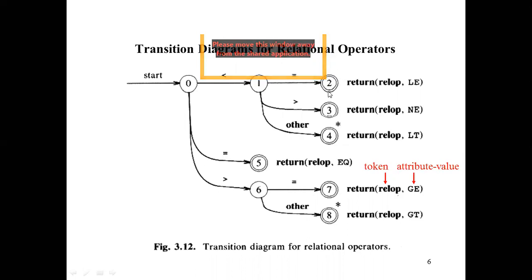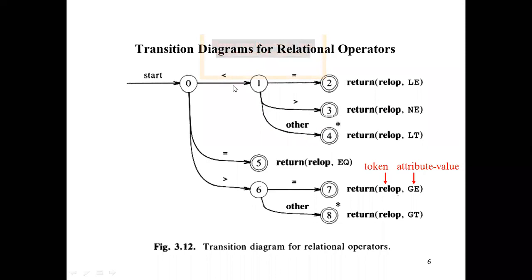If anybody asks regarding the relational operator less equal, if anybody says draw the transition diagram for less equal, then we will draw only this circle and this double circle. You can connect only this other, so that we can move to the other side.